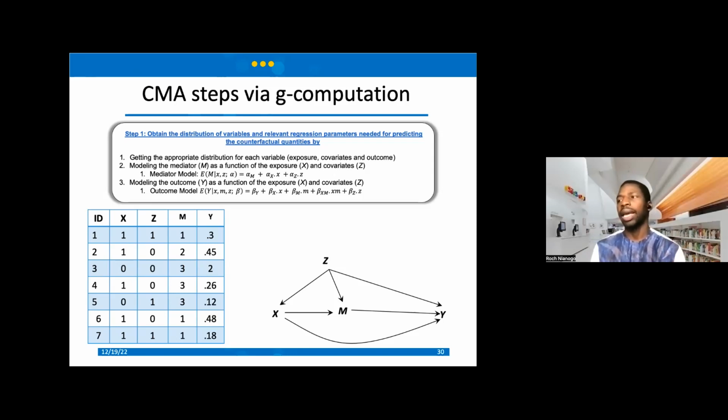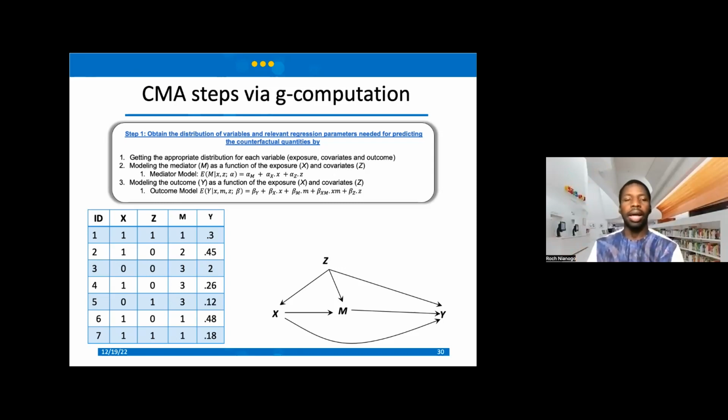So the first thing, we get the appropriate distribution of each variable. All right, so imagine again our X variable as ACE here. Imagine that we dichotomize it. It's a yes or no question, for example. So here, all you need to get is just the proportion of those who have experienced adverse events during their childhood, right? You do that for the exposure, for the mediator, and for the outcome. That's the first step.